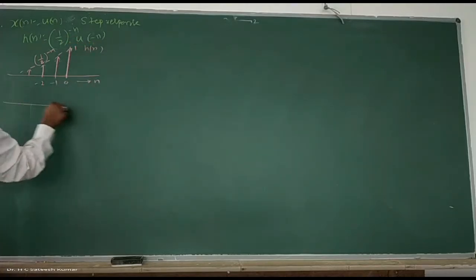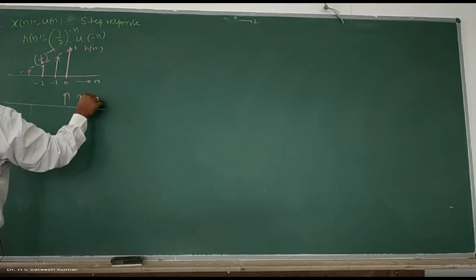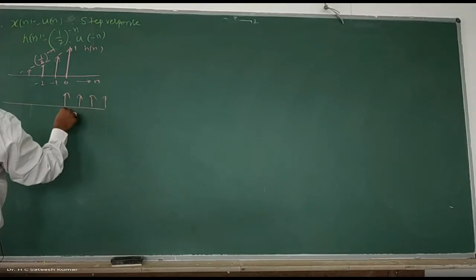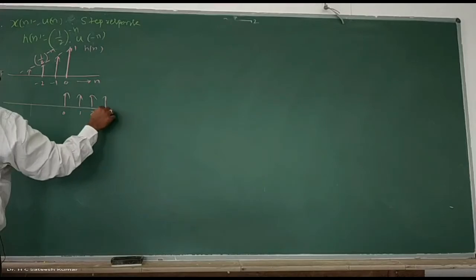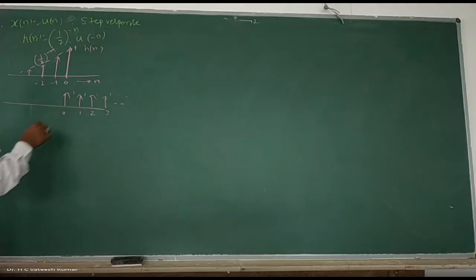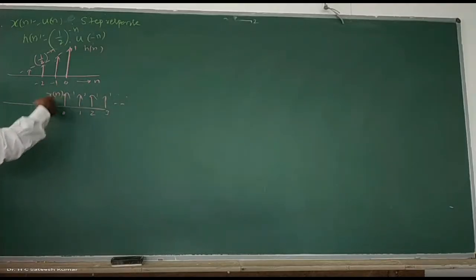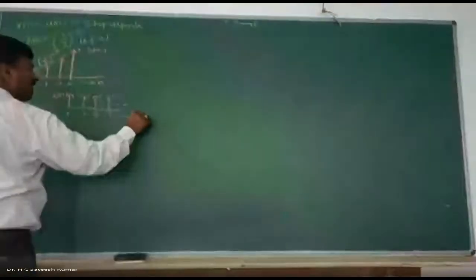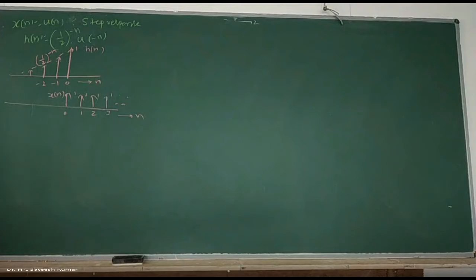x of n, you know, is from where to where? 0 to infinity. Find the step response, he said, that's why we have taken it so. This is your x of n. Since it is independent of time, better to shift the x of n itself. So the step response, some books call it S of n, or you can write it as y of n only.